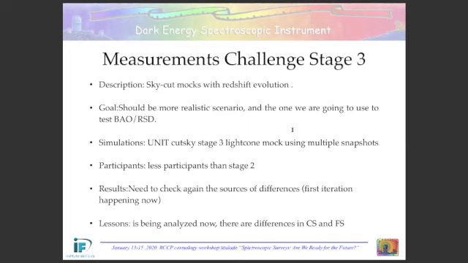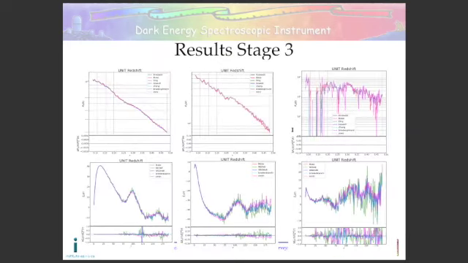So stage 3 just started after stage 2, and the deadline was this December. It's the first iteration, starting this January. We don't yet have the consensus of all the measurements, but these are just the preliminary results. These are the few groups that just got to stage 3 of the measurements, but we hope to get more people in this last part of the measurement challenge.